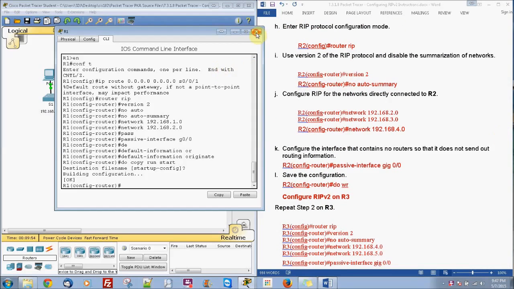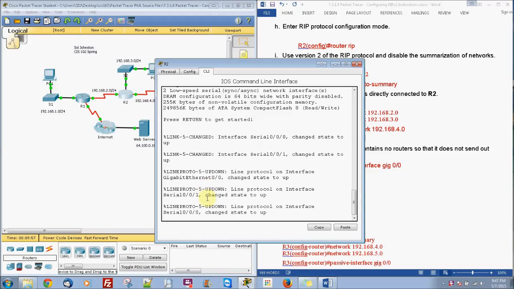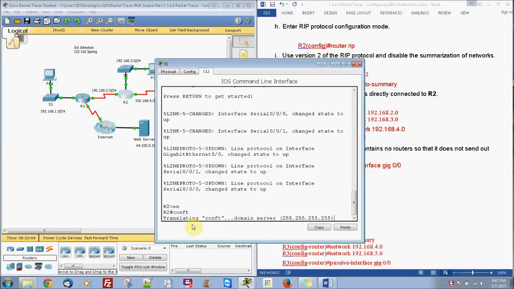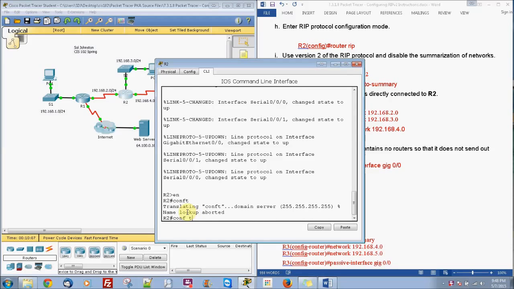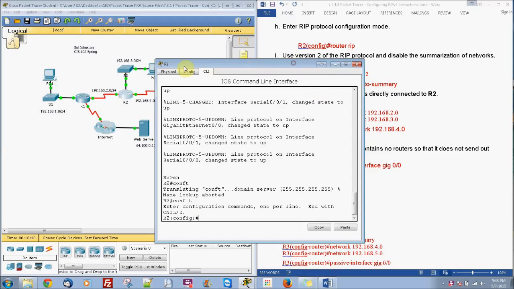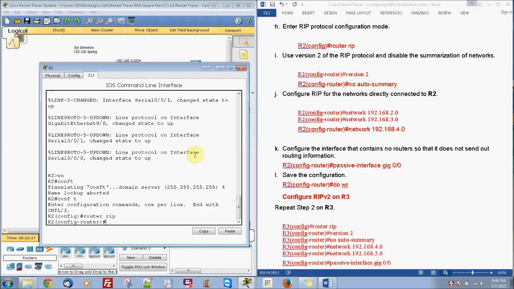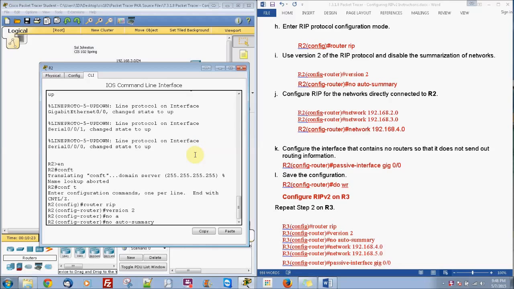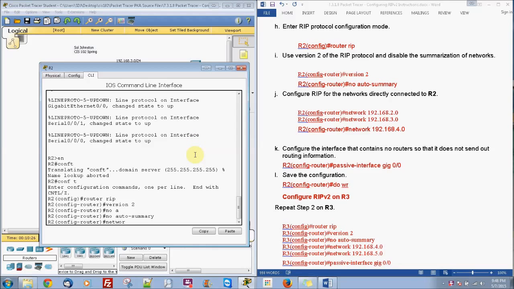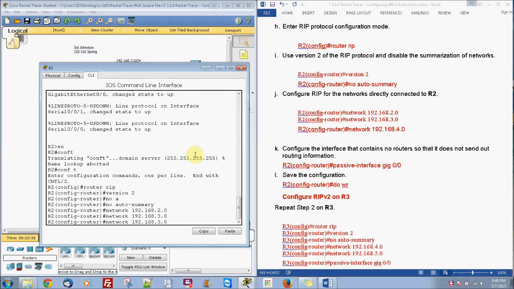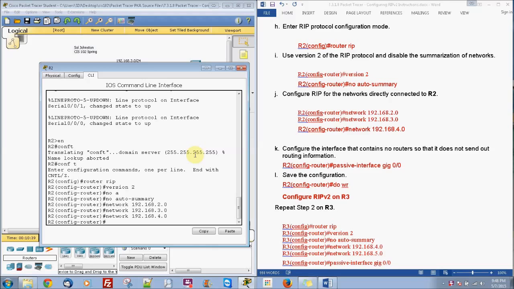Now let's go ahead and go to router 2. In router 2, enable, configure terminal, and then we're going to type in router RIP, and this one we're going to do the same thing: version 2, no auto-summary, and then network 192.168.2.0, and it's also going to be 3.0, you just press the up key, 4.0,